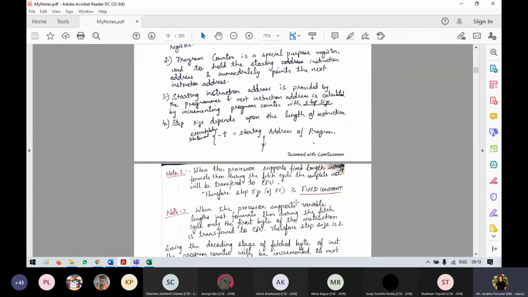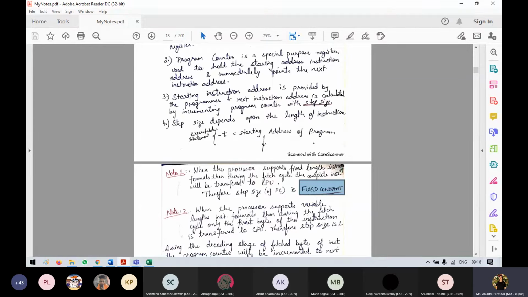Otherwise, you can make some fixed constant and keep on adding. If not, then there will be some variable length, and that will be handled by the CPU itself. It will send the address of the next instruction, and that address will be stored in the program counter.